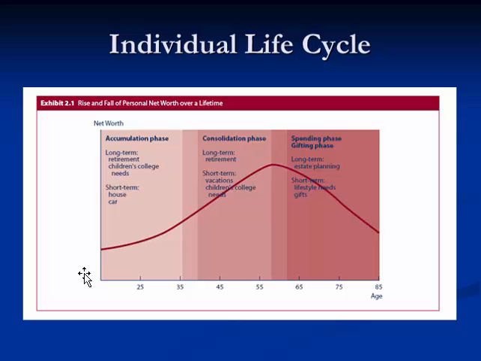Now, as you get older, you accumulate some money. In your mid 30s, you have something to accumulate. Then you have a consolidation phase here, and that goes from your mid 30s up to your mid to upper 50s. Typically, and again, the long-term nature of this investing is for your retirement. It's also on a short-term basis to fund vacations and children's college needs. By that time, the kids may be in college and you're actually paying those bills.